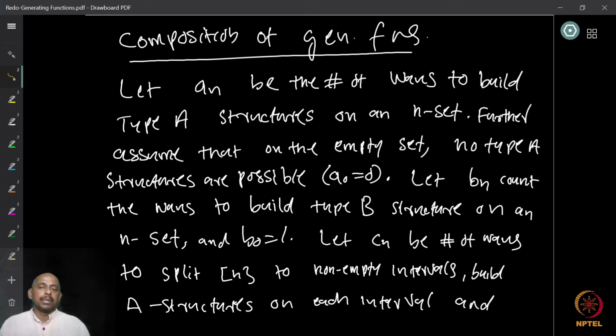So let An be the number of ways to build, let us say, a type A structure on an n element set. Okay, so we have an n element set. Then I want to look at the number of ways to build a type A structure on this. Then on the empty set, we assume that there are no type A structures that you can build. Okay, because this is a necessary assumption, because as you will see when we substitute this inside, you will see that if you can make empty structures out of a set, then you have